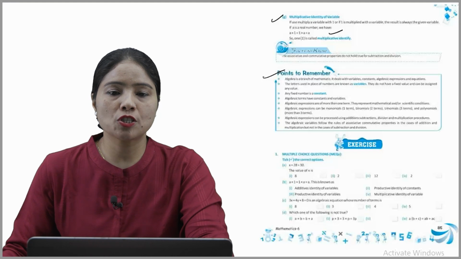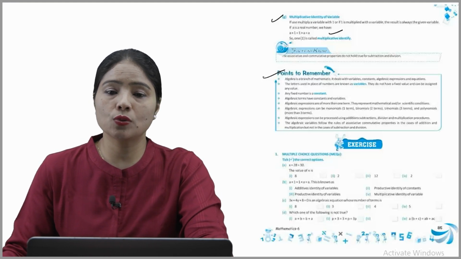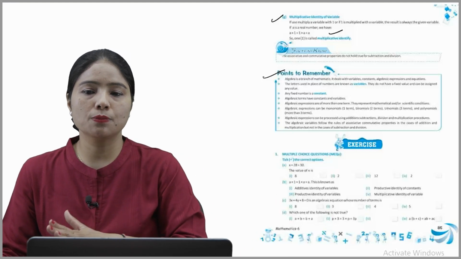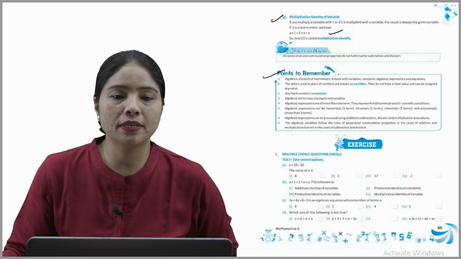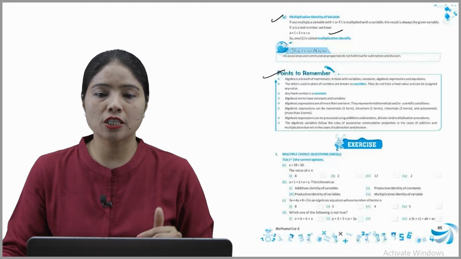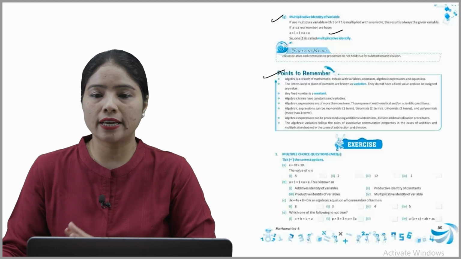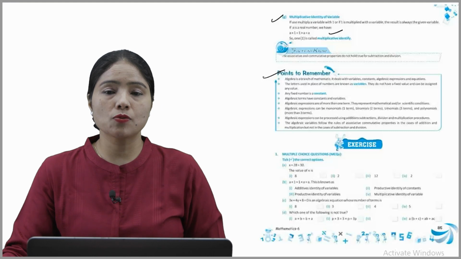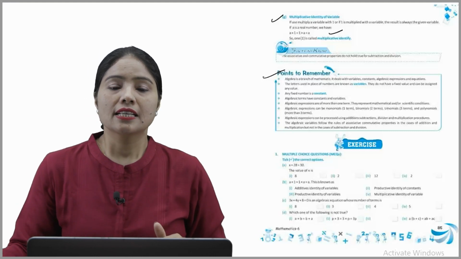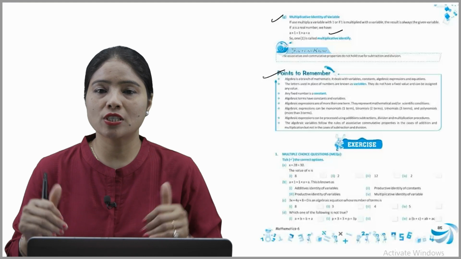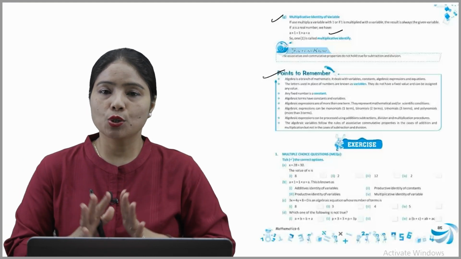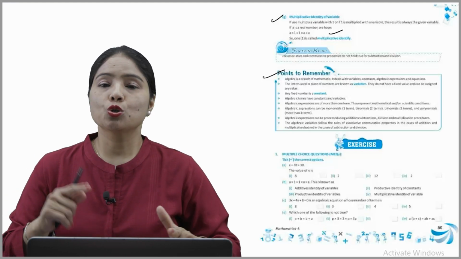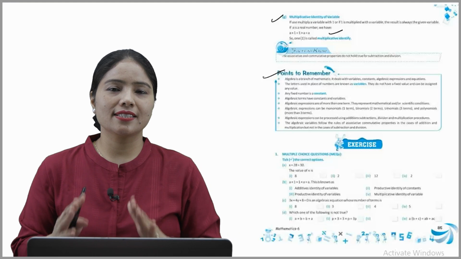So algebraic expressions can be processed using addition, subtraction, division and multiplication. So algebraic variables follow the rules of associative and commutative properties in the case of addition and multiplication, but not in the cases of subtraction and division. I hope you understood all points. So just practice and do remember. So with this we ended the chapter. I hope you understood well. So do practice and do the rest of these exercises on your own.